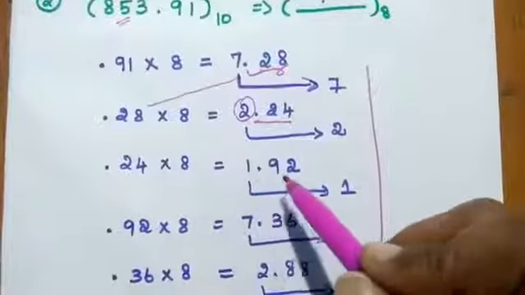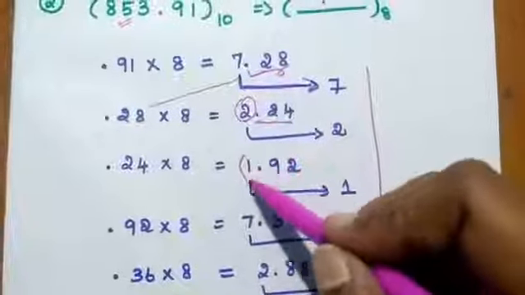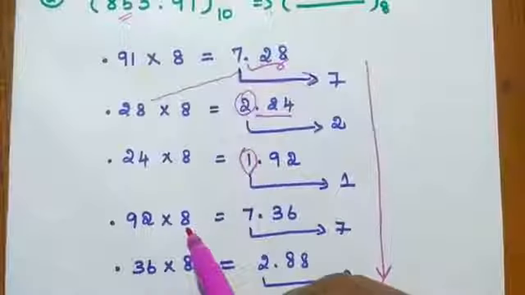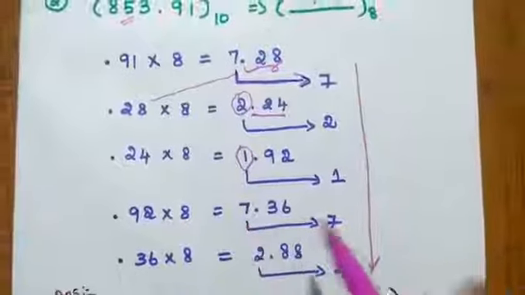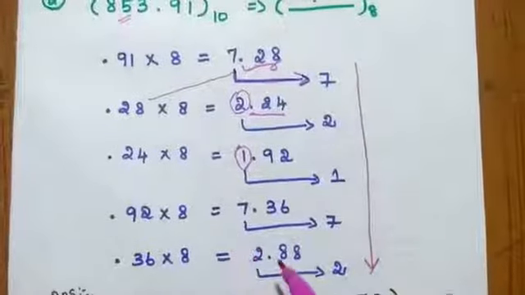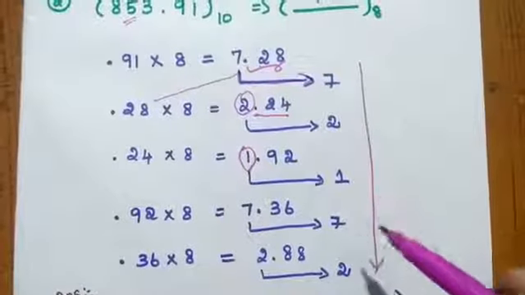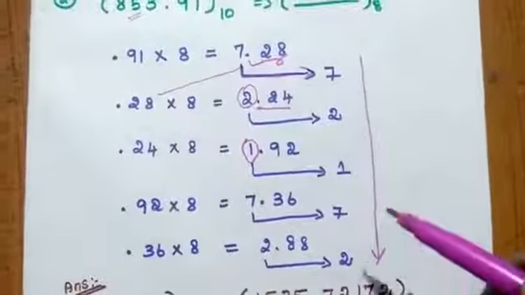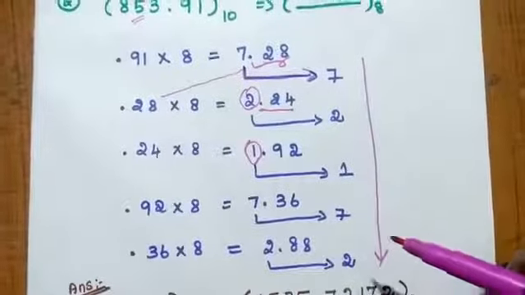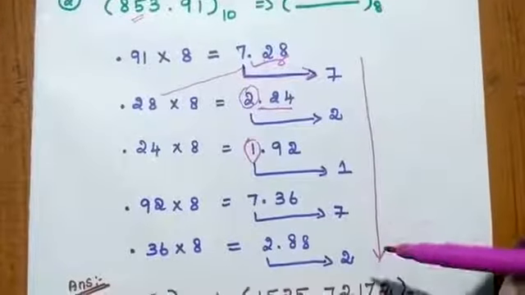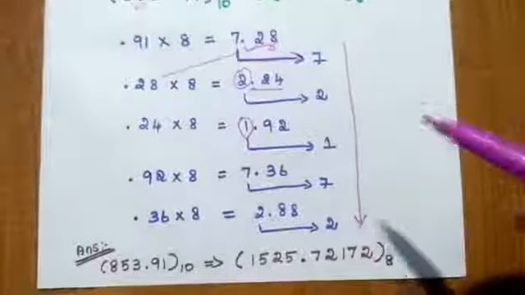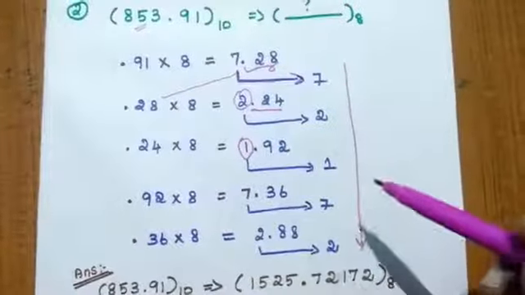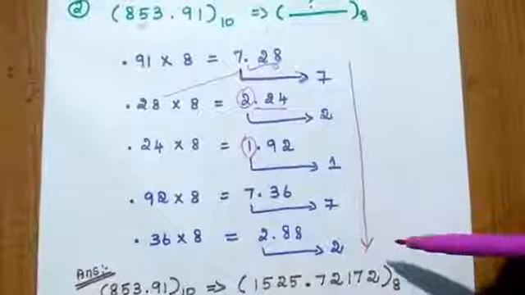we can get 1.92. Then we can take this 1, and next 0.92 is multiplied by 8. We can get 7.36. Okay, so likewise, we can get up to 4 or 5 values. It goes on, but no need to do more than 5. So we can stop at the 4th or 5th value. Here we are going to write down the fractional part values from top to bottom.